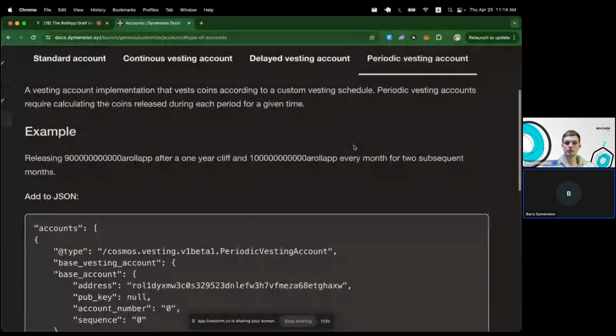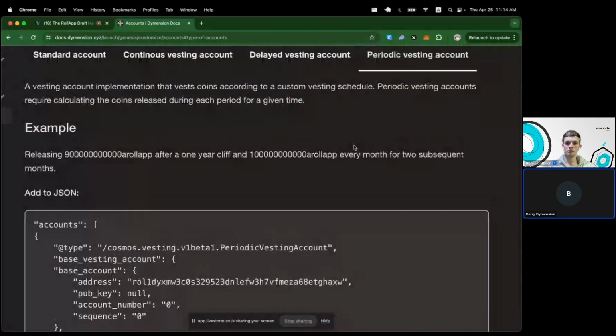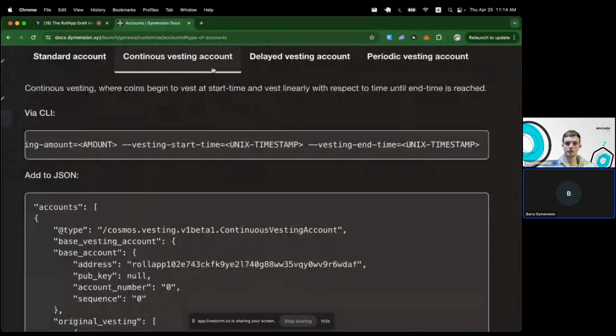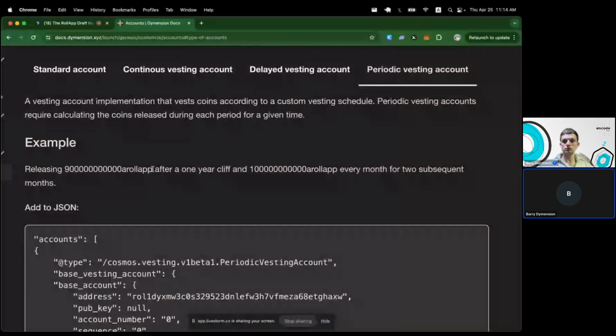This is pretty much a combination of both, but it's not a linear vest in the same way that the continuous vesting account does, because the continuous vesting account distributes it per block, so it's very incremental. Whereas the periodic vesting account, you set the cliff, which could be 1 year, for example, but then you set the amount of tokens